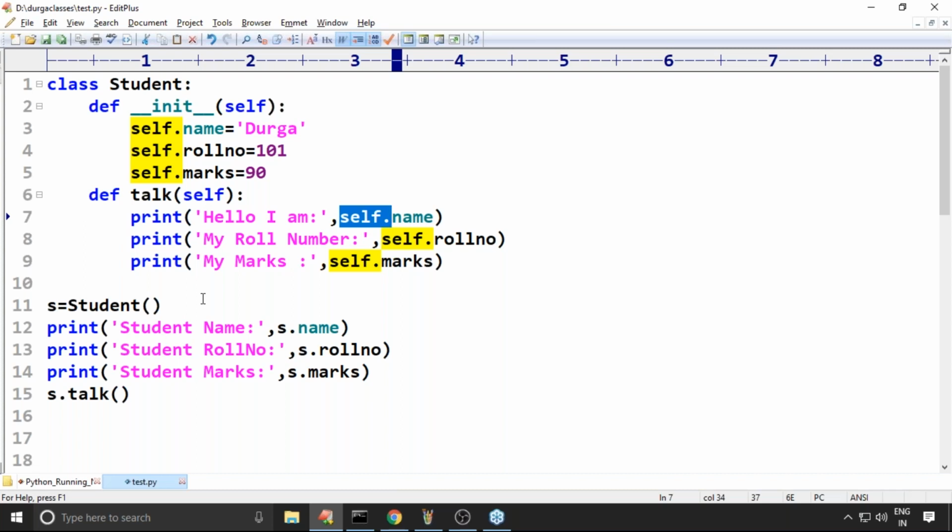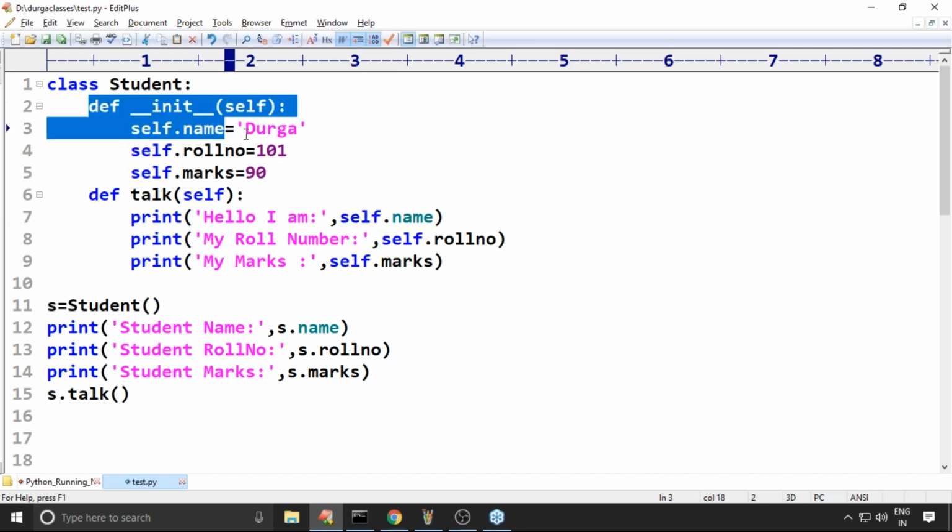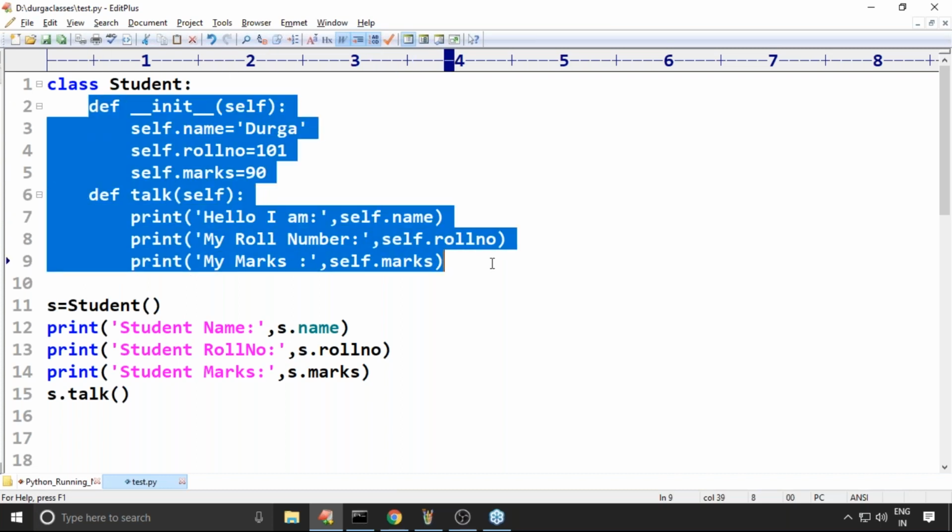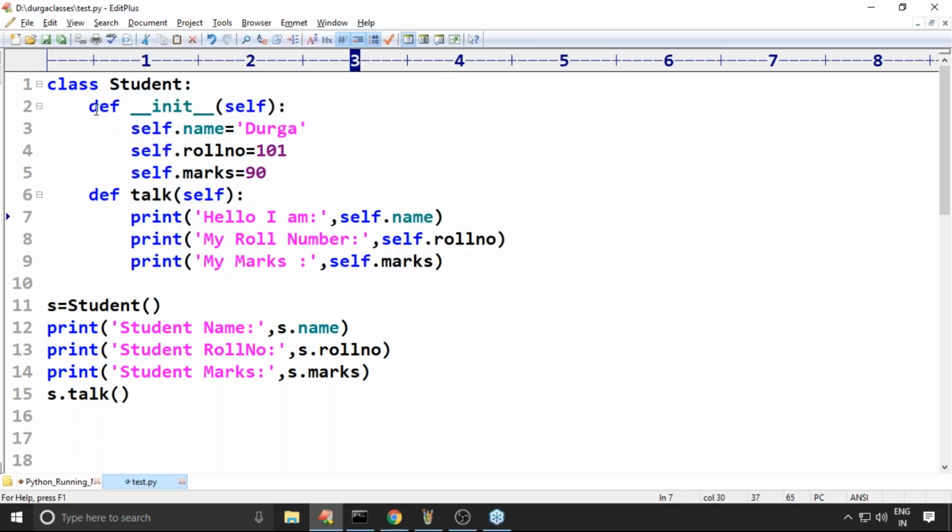Which are the functions and methods in that program? Difference between functions and methods. Tejeshwar, we covered this multiple times at this point. Here functions are not there. Any function which is declared inside a class is called a method. In object oriented programming, we use the word methods. In functional programming, procedure oriented programming, we use the word functions. Here, within the class, this is the first method and this is the second method.